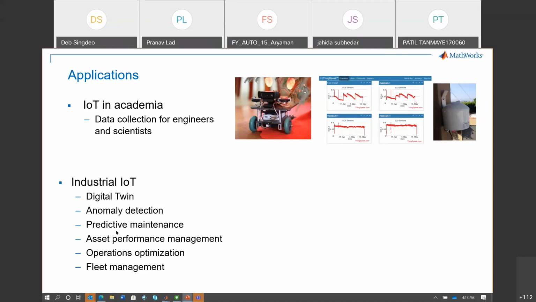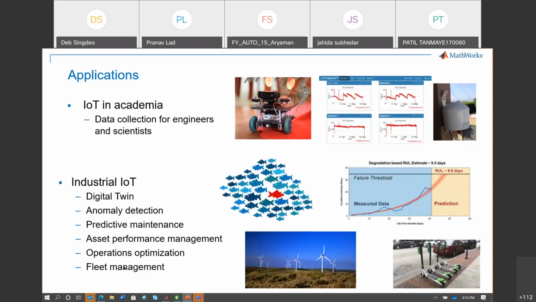There is predictive maintenance, so that we can predict when a particular equipment is going to fail based on sensor information. Fleet management, companies like Ola and Uber collect this sort of data to optimize how their fleet is being operated. Optimization of assets. So multiple of those things can be done. Industry actually uses IoT for multiple of these areas.